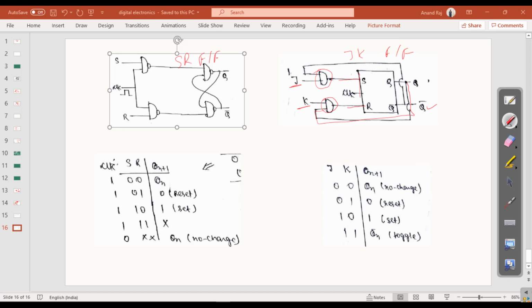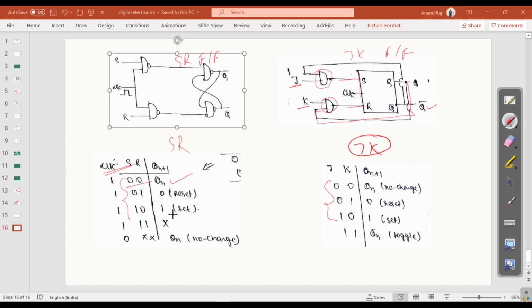Now we have seen the truth table for SR flip-flop. When it is 0 0, it was Qn. So till here, three inputs are the same. This is the SR flip-flop truth table, and this is for JK.